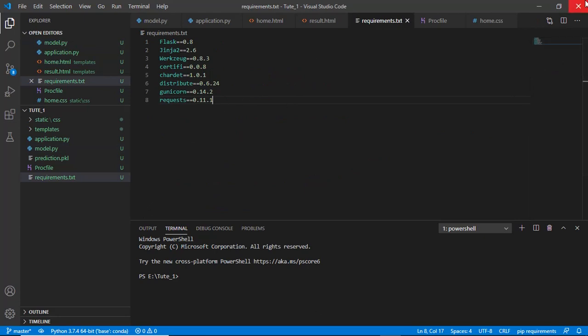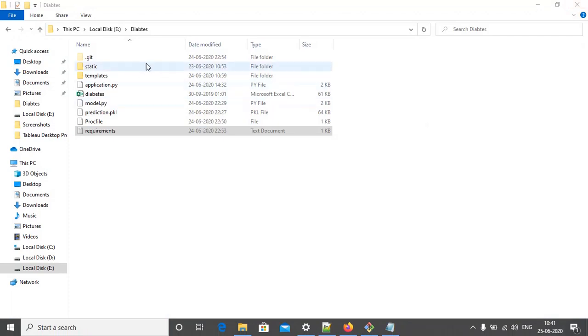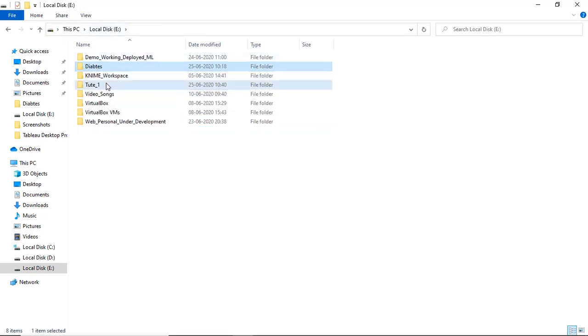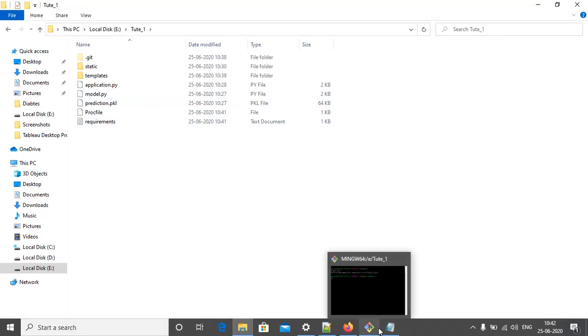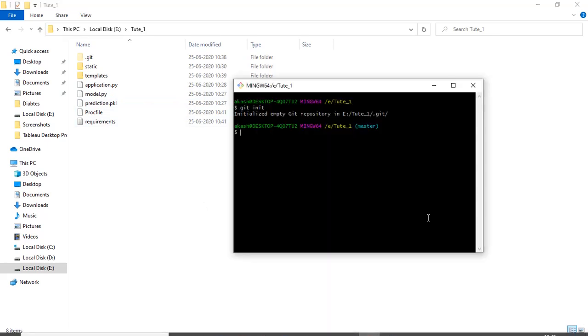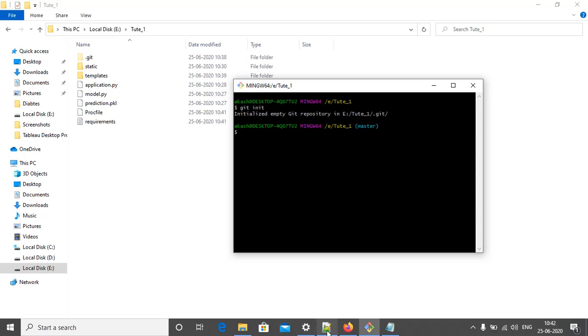Now we'll come back to our Git. So our Procfile and requirements file are created, and this folder is also initialized with an empty repository.